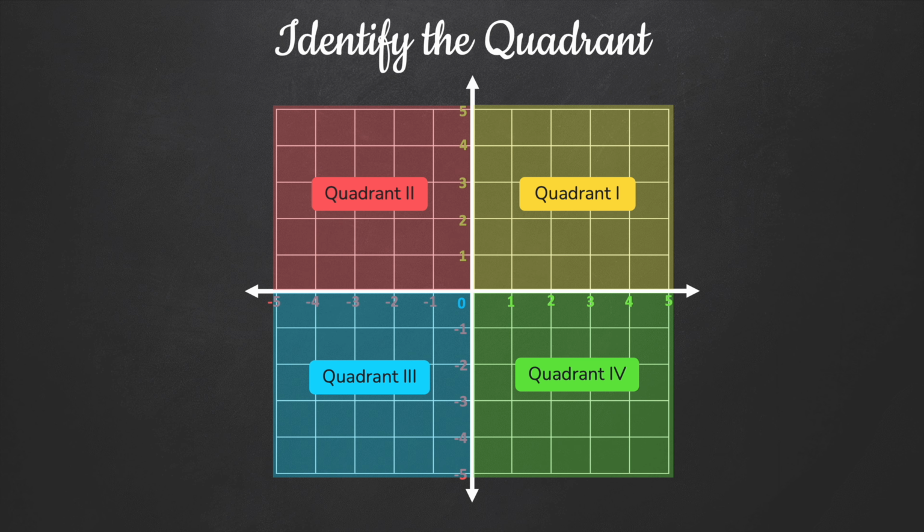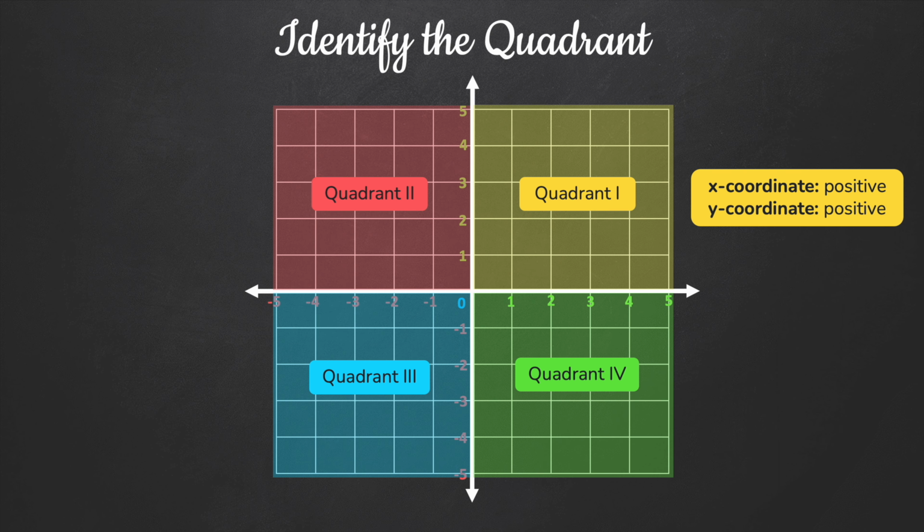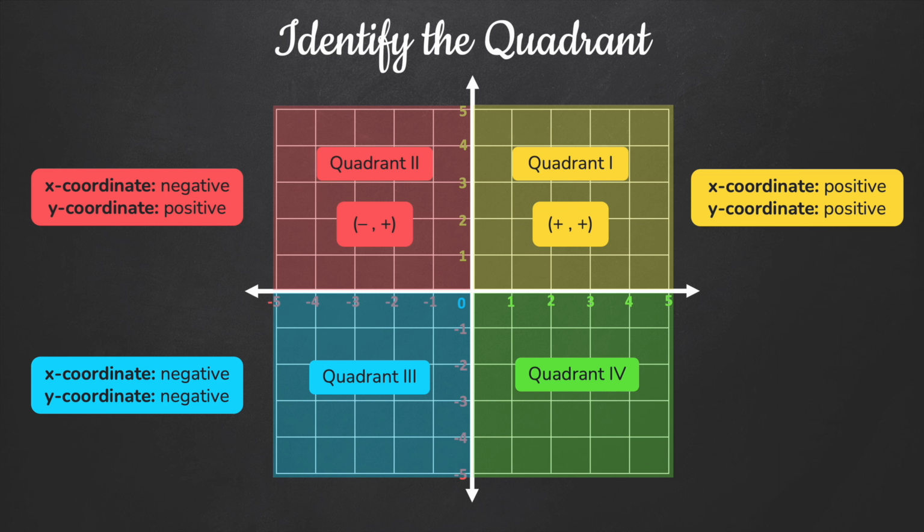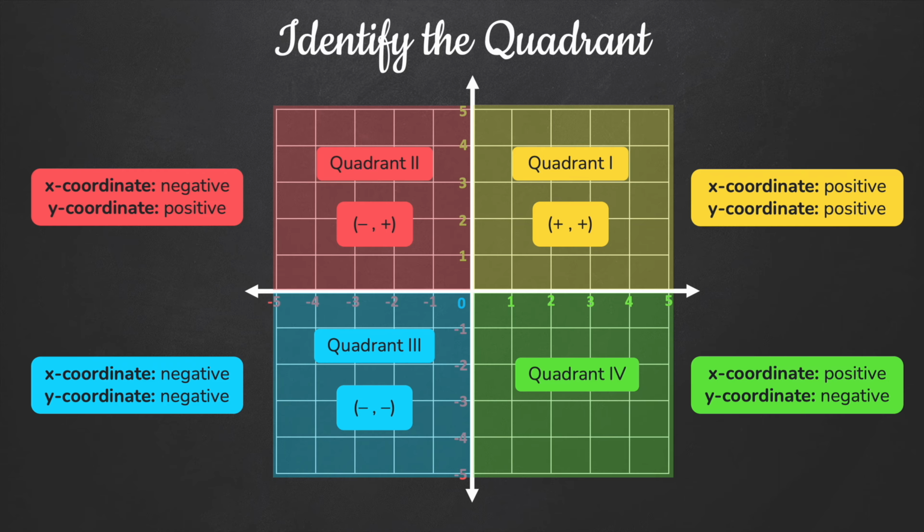So let's go over some patterns. In quadrant 1, our x-coordinate and our y-coordinate are positive. So we're going to put that there as a little shortcut. In quadrant 2, our x-coordinate is negative, but our y-coordinate is positive. In quadrant 3, our x-coordinate is negative and our y-coordinate is also negative. In quadrant 4, our x-coordinate is positive and our y-coordinate is